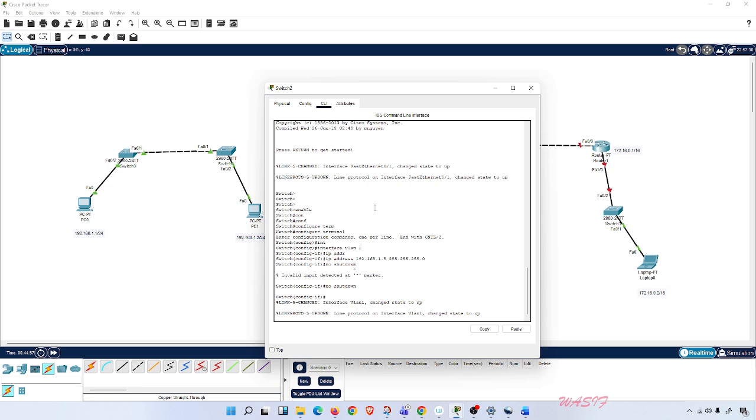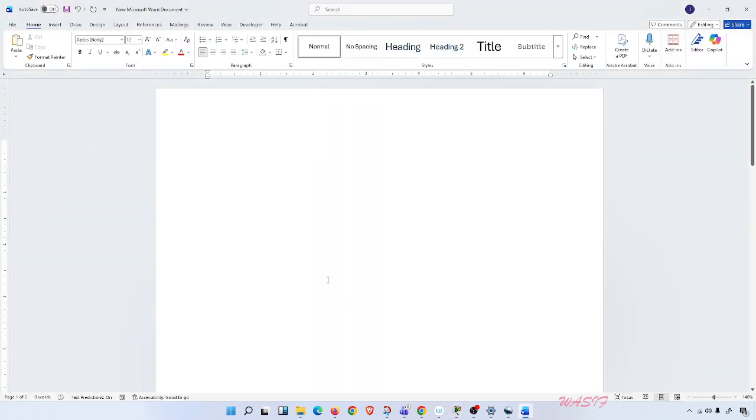Okay, so if I put here the command, it will be interface VLAN 1, IP address 192.168.1.5, subnet mask 255.255.255.0, no shutdown. Okay,